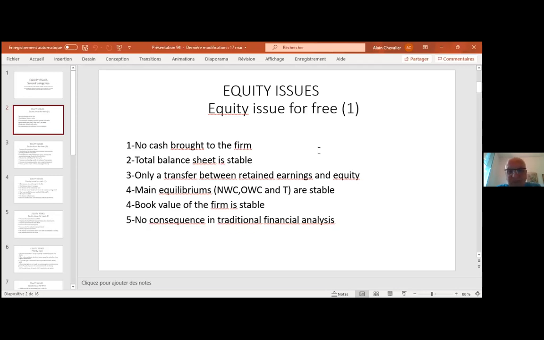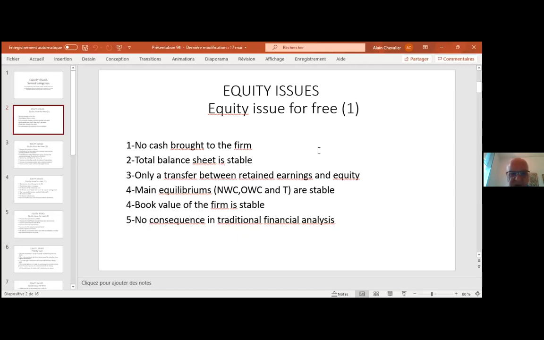So it's more a kind of accounting. It seems to be more an accounting consequence than anything else. There is no impact in cash. There is no impact in the total of the balance sheet. And point three, to manage this evolution inside total equity level, you need, of course, to make a transfer between